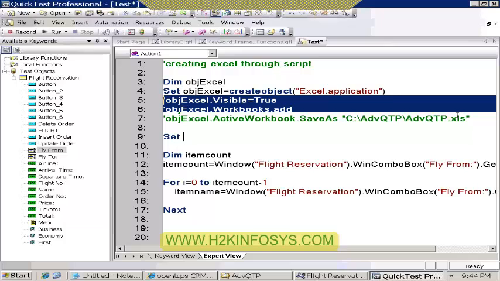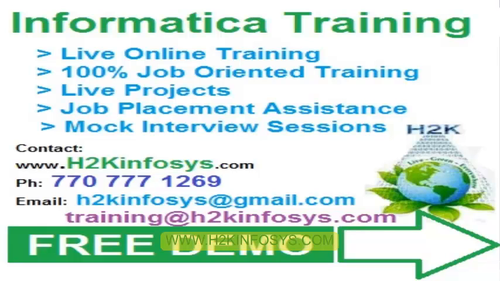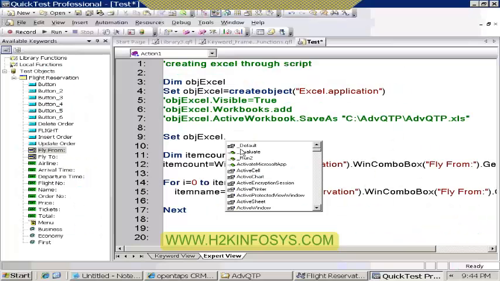And the next part is you want to open an Excel sheet. How are you going to open the existing Excel sheet? Just now we saw how to create a new Excel sheet, right? How to open an existing Excel sheet? We already created an Excel sheet, and now I want to open this. So there is a method again for this object Excel. There's a method called